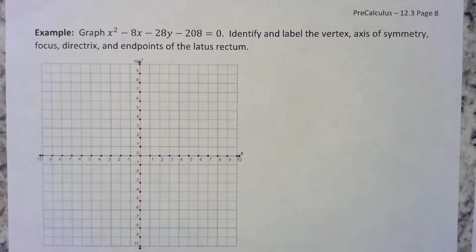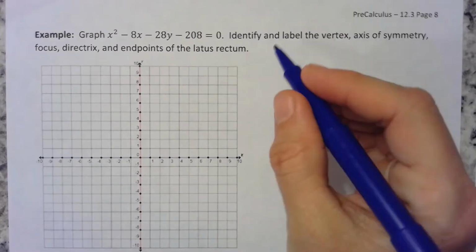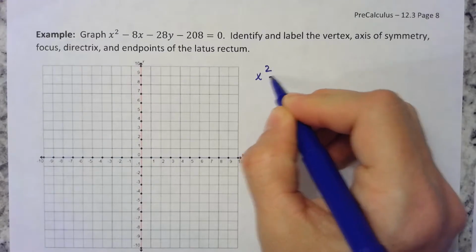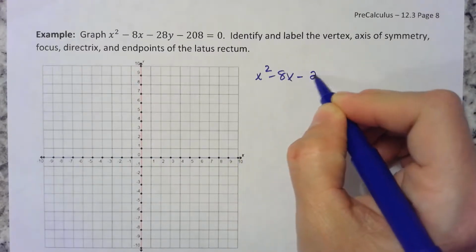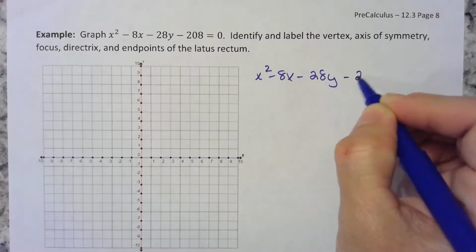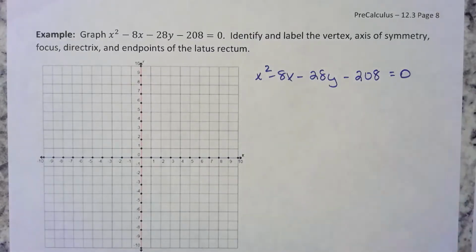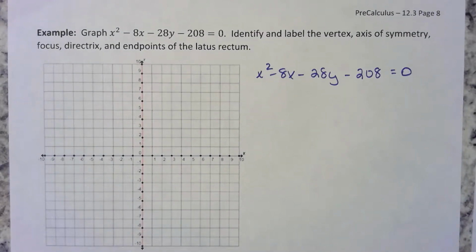Graph this equation, identify and label the vertex, axis of symmetry, focus, directrix, and endpoints of the latus rectum. Okay, so this particular one is not really in the right form. We need to get it in the right form though. So remember in our